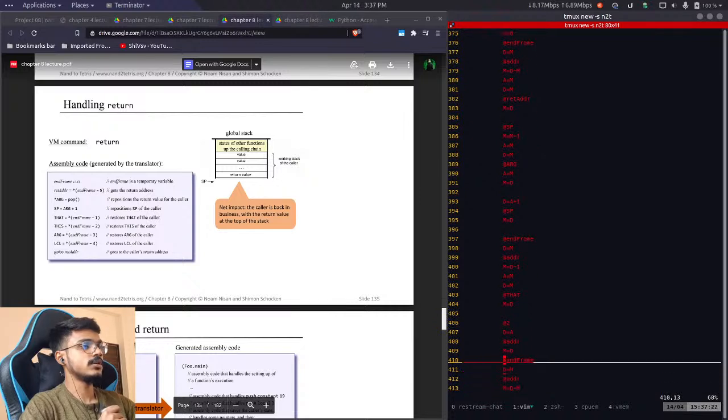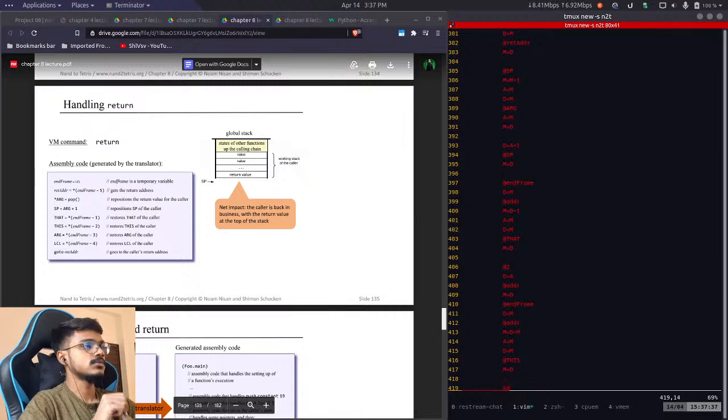To A. Address M is equal to D and frame D is equal to M. D minus M and frame minus address variable. A is equal to M, D is equal to M. This is equal to D for 3, 4,